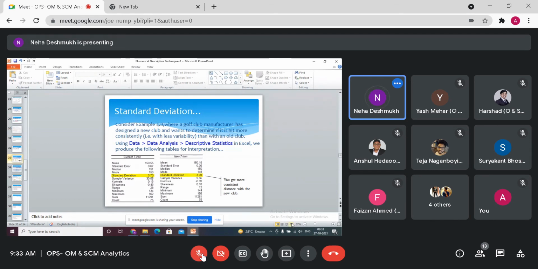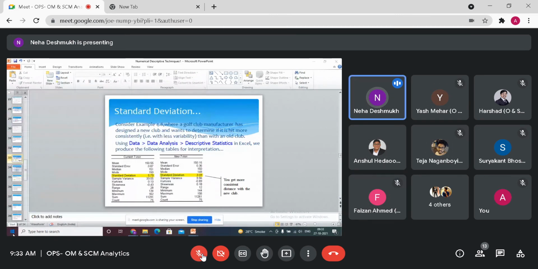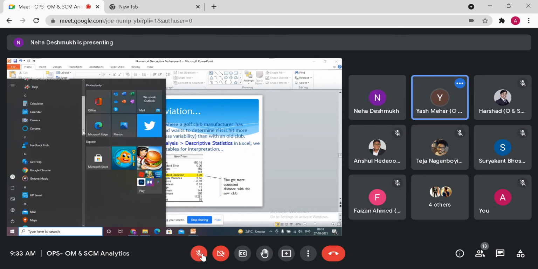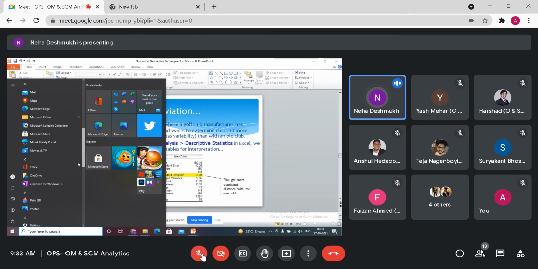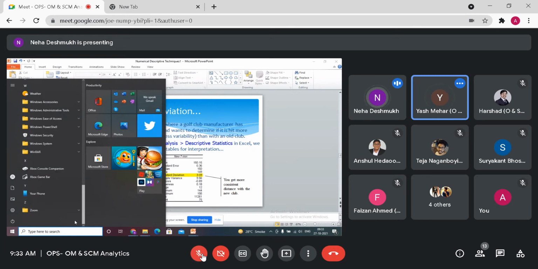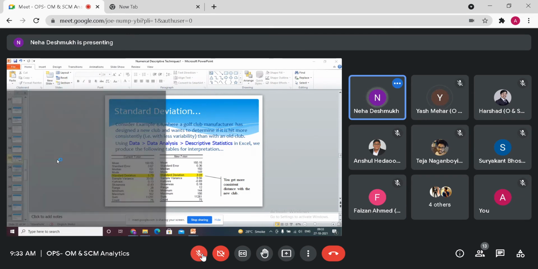Means data is more consistent. That's the reason it is called an introduction about the data, your descriptive statistics. Then, ma'am, what should be the minimum value for the standard deviation? Minimum value is a non-negative value closer to zero. If the standard deviation is a non-negative value close to zero, it means very little variation is there.